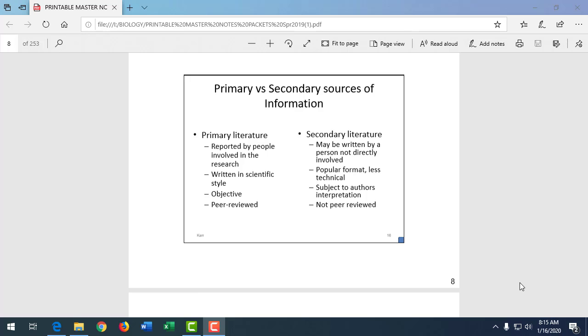So these are things when you're writing papers in college, this is where you need to get your information. As educated people with college degrees, we rely on primary literature. Secondary literature